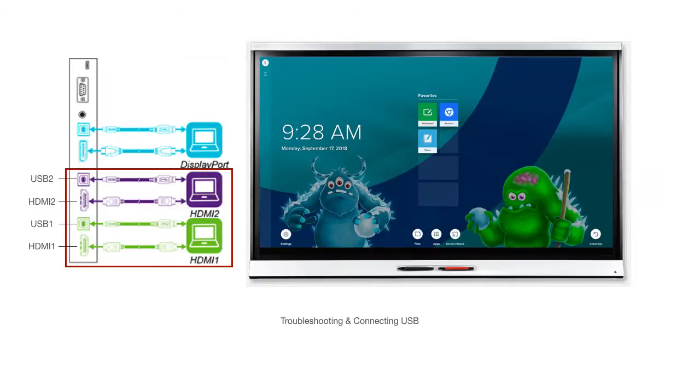If neither of the HDMI inputs are illuminated from the input menu, you may need to check the HDMI connection to your smart panel. Take a look on the left-hand side of your panel to see which of the HDMI ports are in use and ensure that the cable connected to your Mac is securely plugged into the HDMI port on the smartboard. The input ports are labeled accordingly, which will help you as you select your input source on